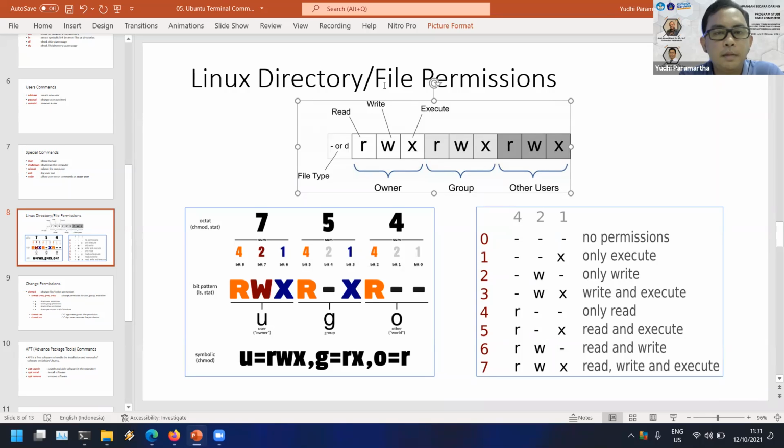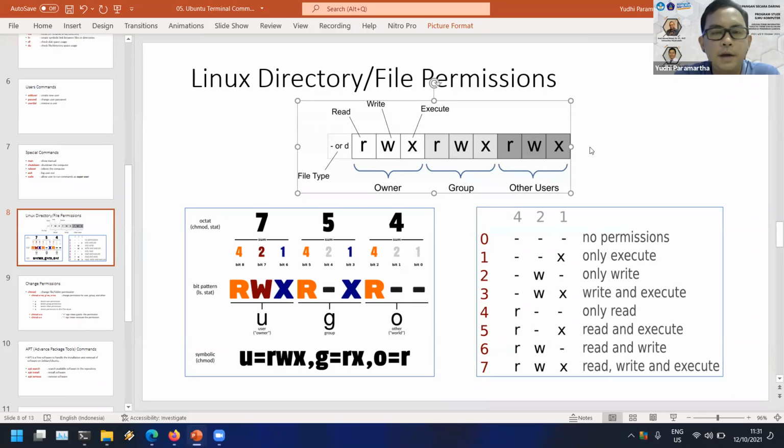And then the second part, write, is for writing to files or directories. So you have the permission to write or not. Okay, and then the last part is execute. For example, executing a program, running a program or something like that. That's the execute permission. Okay, do you get it? Yes, sir. So yeah, every user group has 3 permissions.